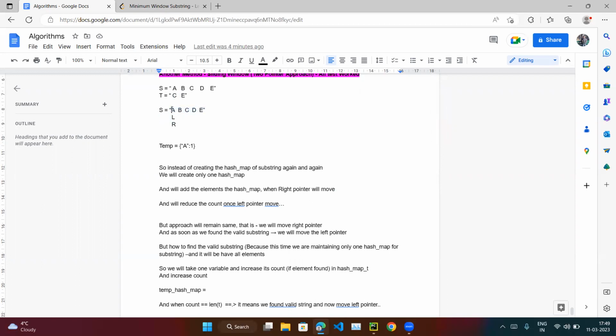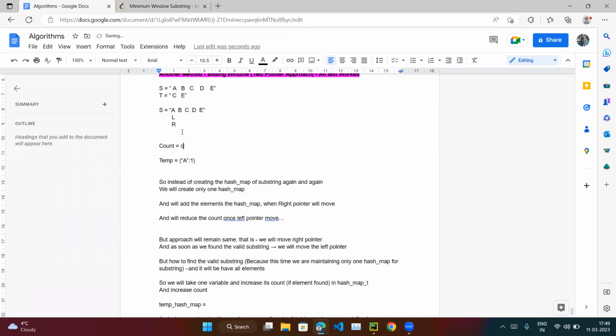As soon as we add A, we check whether A is here or not. If A is not here, then we check B. If B is not here, then we check C. If C is here, we take some variable count and increase it by 1. So right now count is equal to 1, which means we found one value. Then we point here, and the count is 2. If the count is equal to the length of t, it means we found a valid